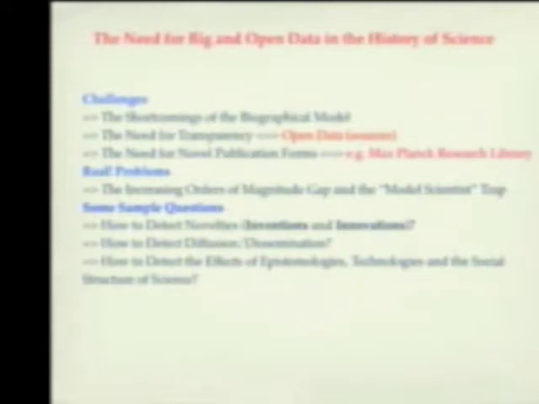So think about the universe of science ever expanding. Think about the universe of humanities scholars or historians of science ever shrinking. And then the majority of those work on the same people. They fill libraries on Darwin and Newton and Galileo, and we have absolutely no idea about what goes on in the huge space of science. It's a big data problem.